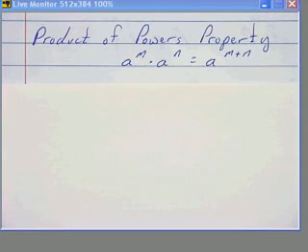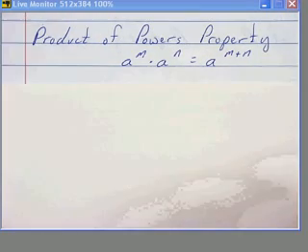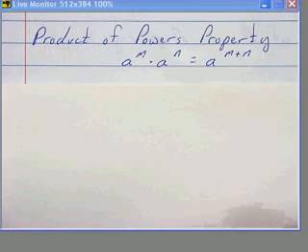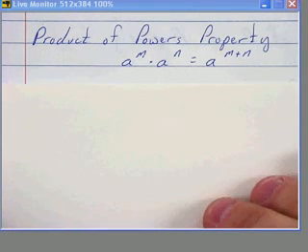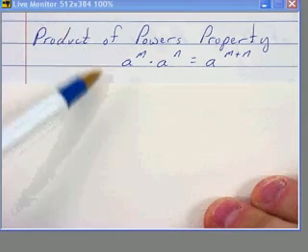Alright, today what I want to do is show you real quick what we're doing in class today with the kids, and that is 3 different properties that deal with exponents. The first one is called the product of powers property, and you're going to see as we go through these that they sound a lot alike. So there is some learning to do in terms of what does each property mean and what are the rules